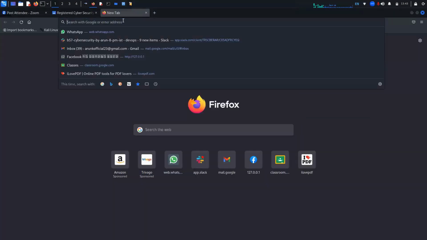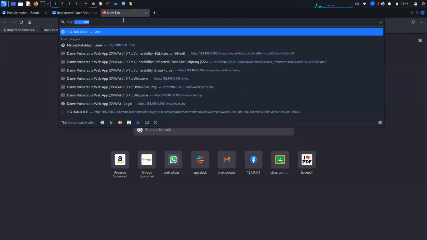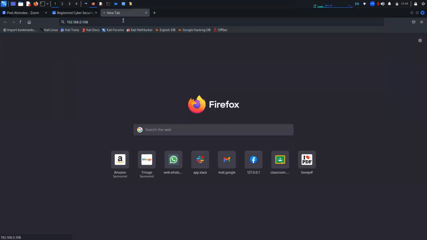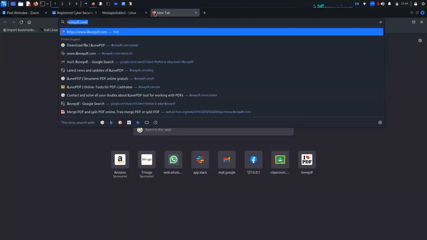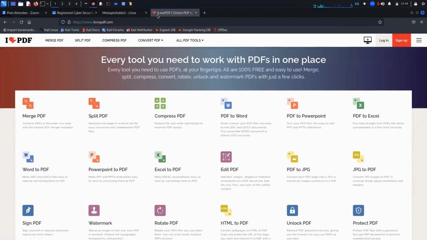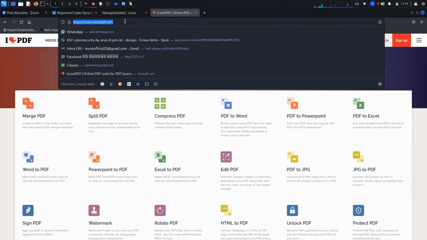So let's just say that we have found out the IP address of this machine, which was Metasploitable. Let's just assume that this was a legitimate website, right? And we have found out the IP address. But if you are confused about how we find IP addresses, say ilovepdf.com, for example, I just copy this and go to my terminal,